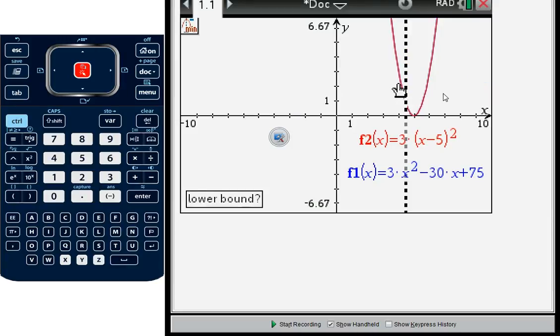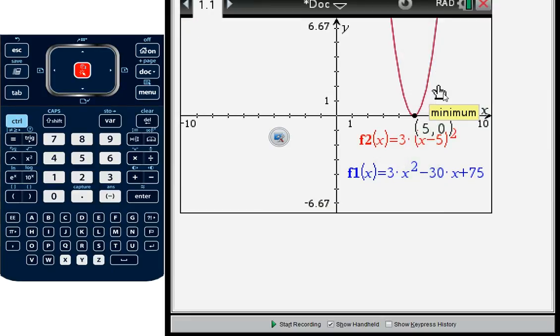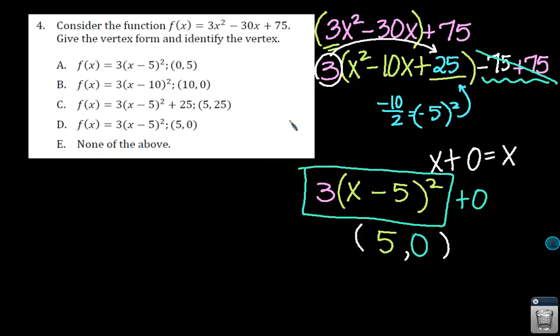So I'm going to click on the lower bound, which means to the left of the vertex. I'm going to scroll to the right of the vertex. I'm going to click, and my minimum is located at 5, 0. There it is. So my answer is